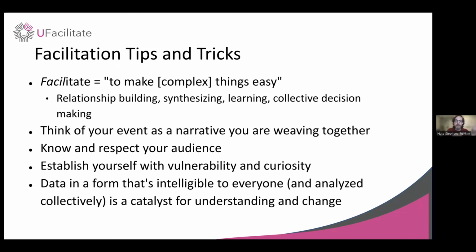The example I'll use to emphasize: an organization I used to work for works with civil society organizations, helping them develop feedback loops with their constituents. What I love about the methodology we used is that with one question, like the net promoter question, what is the likelihood that you would recommend this organization's services to a family member or friend? Based on that one question, as a facilitator, I don't care, frankly, what the answer is.